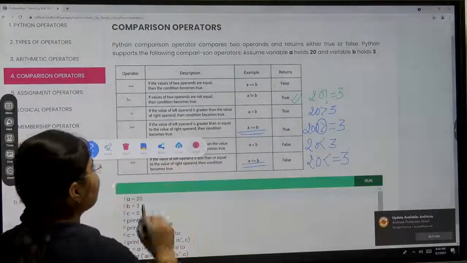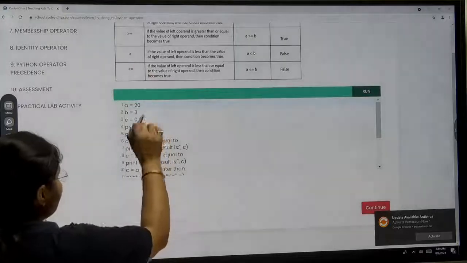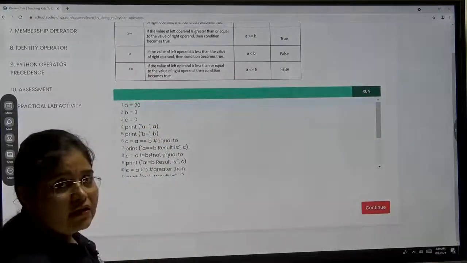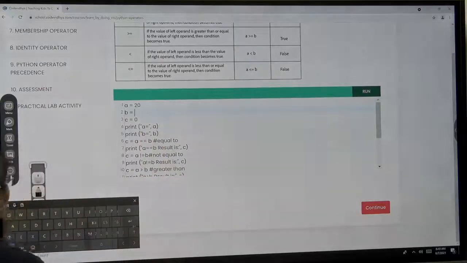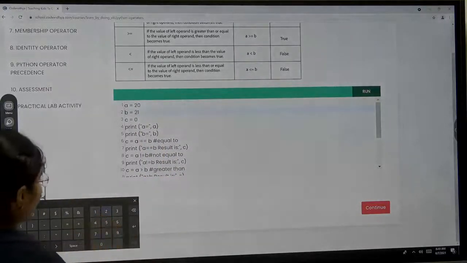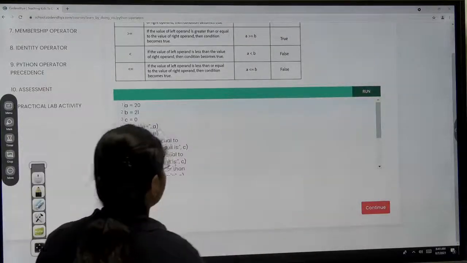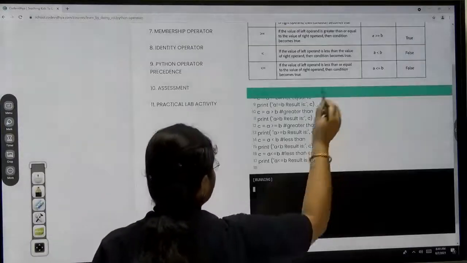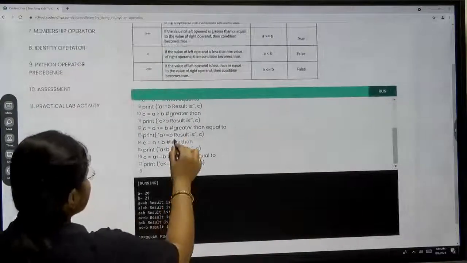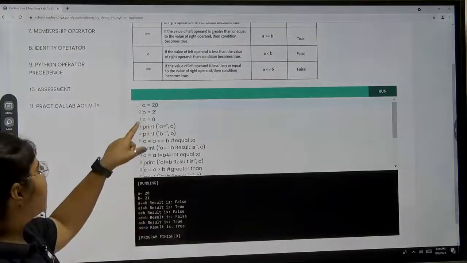Now with the help of a program we will understand this. In the same example they have taken values 20 and 3. Now we will just make some changes here. I will change the value of B from 3 to 21. Now if I run this program, you can see here the value of A is 20, value of B is 21.